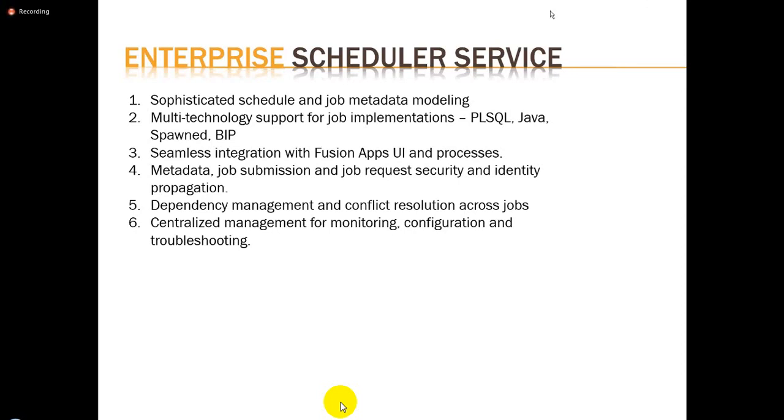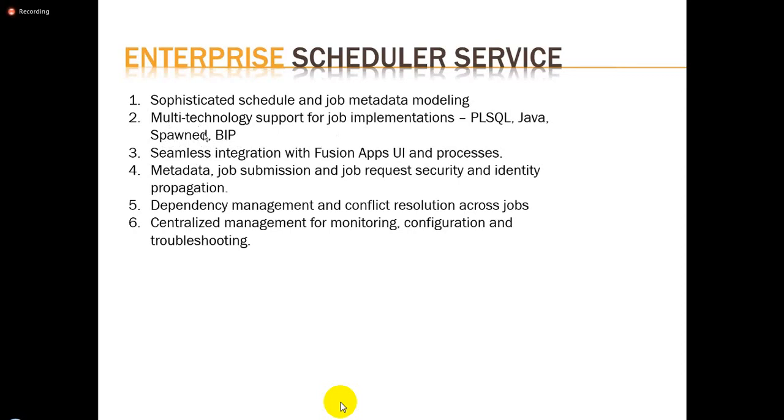And this Enterprise Scheduler Service also supports multi-technology job implementation, like PL/SQL, Java, and spawned jobs. Spawned jobs means shell scripts, C programs, or SQL Plus, SQL loader programs. Those can be called spawned programs.